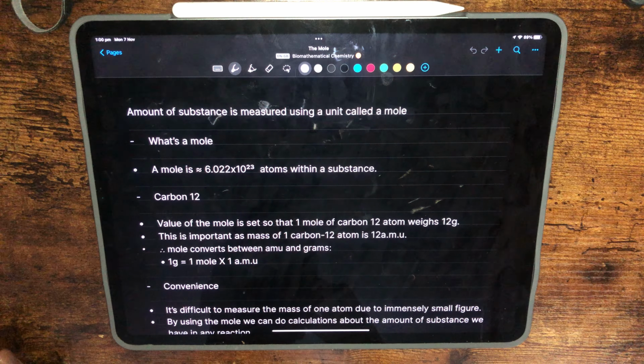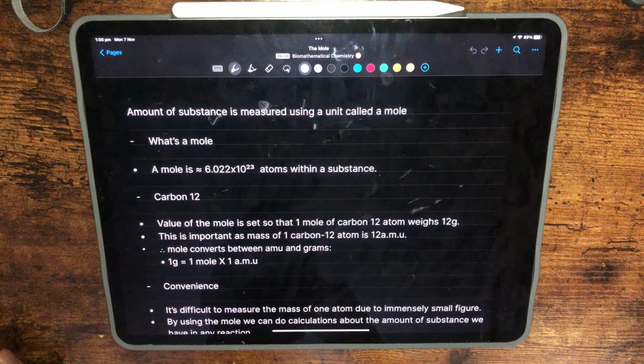For example, how many atoms are there in 1 mole of O2? Some people might just say 6.022 times 10 to the power 23, whereas you have to realize that oxygen is diatomic. So there's 6.022 times 10 to the power 23 oxygen molecules, but if you want oxygen atoms, it'll be 2 times